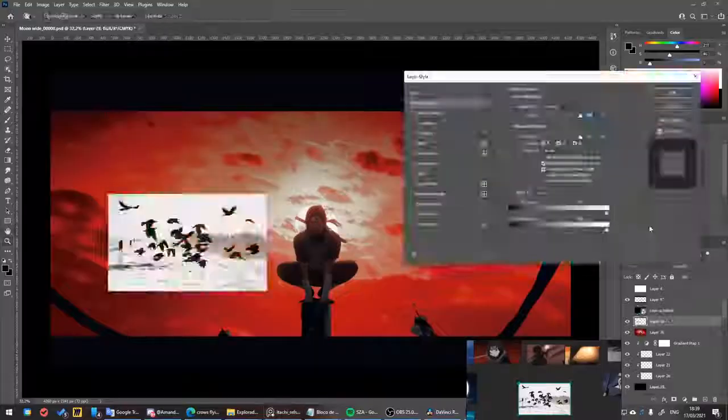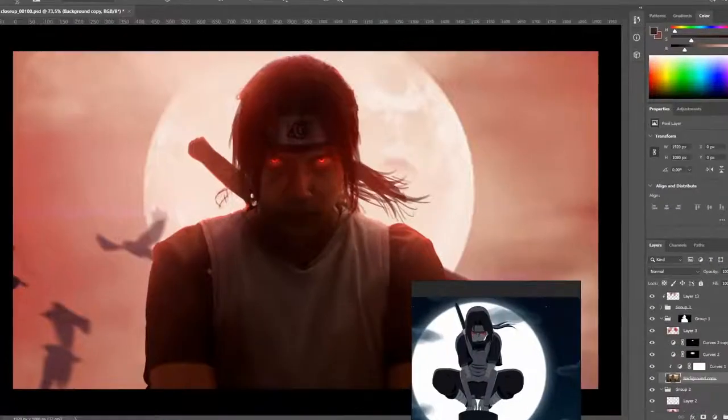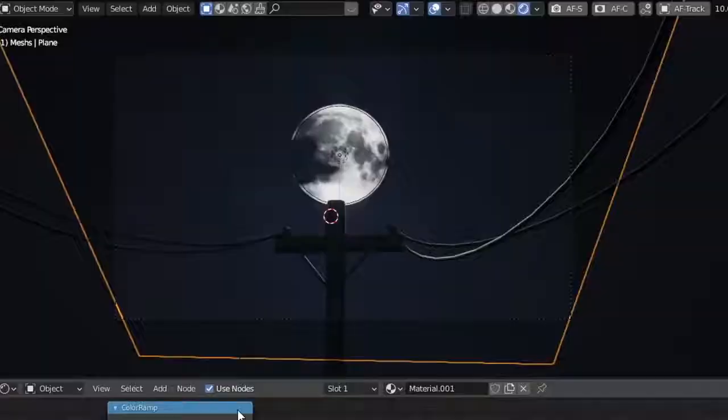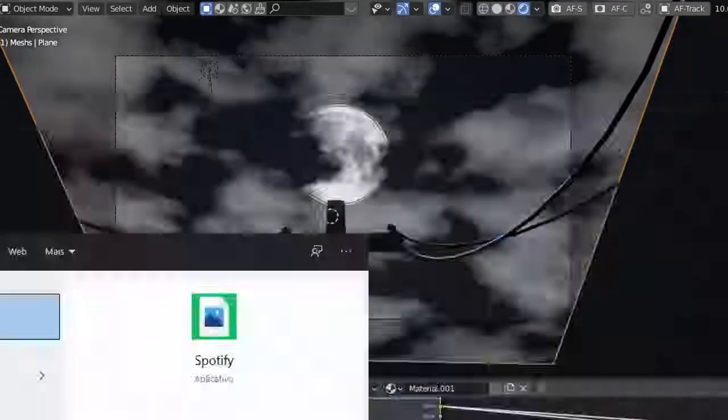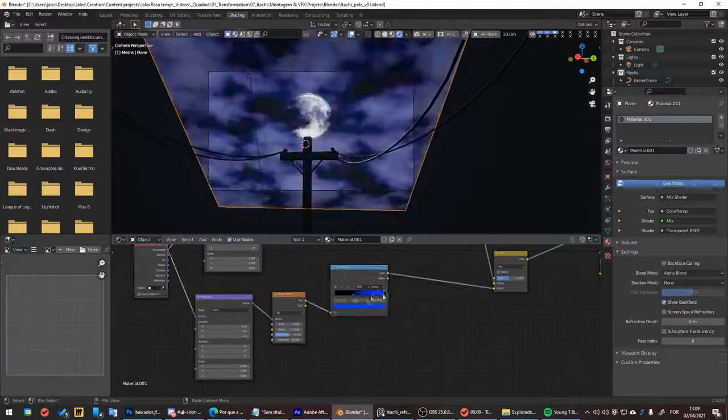Then I started creating the new background, the birds, the moon, the Itachi appearance, but I wasn't feeling it, so I threw everything away and said, let's do it in 3D! Now I just had to recreate the rotation movement in 3D to make it look like the camera is moving, not me. Now it makes sense. Then the moon and clouds, and then the light pole, of course, in which I asked for help from Igor, a Brazilian friend, because I had to create 4 more scenes and I didn't have enough time.